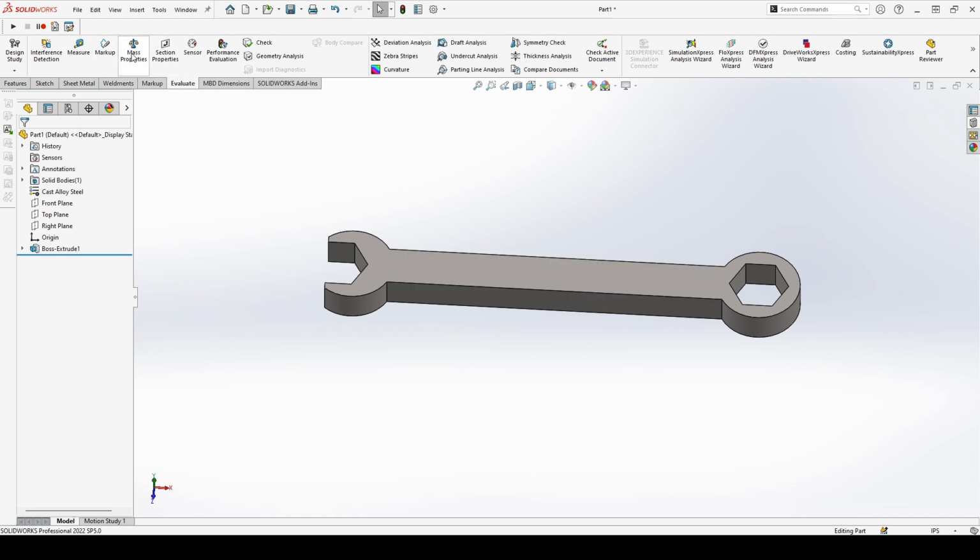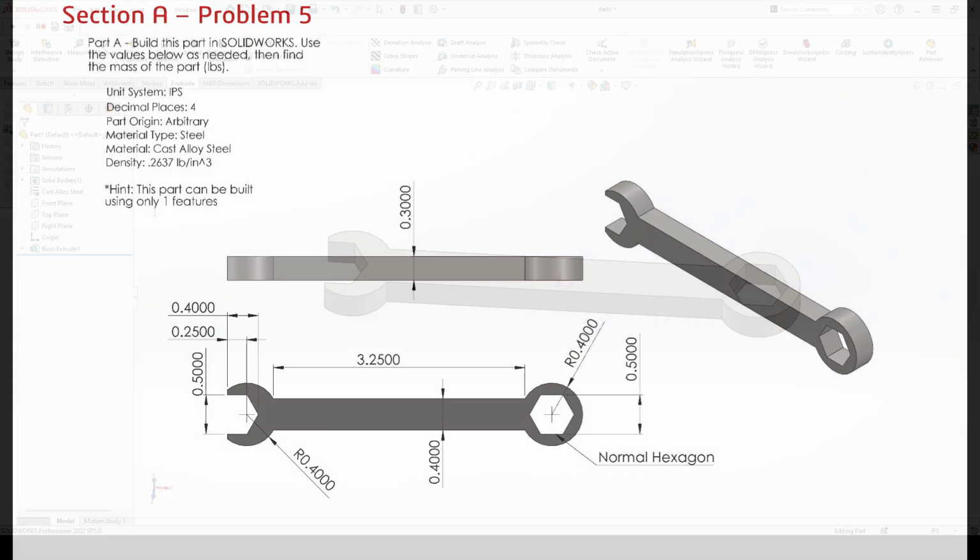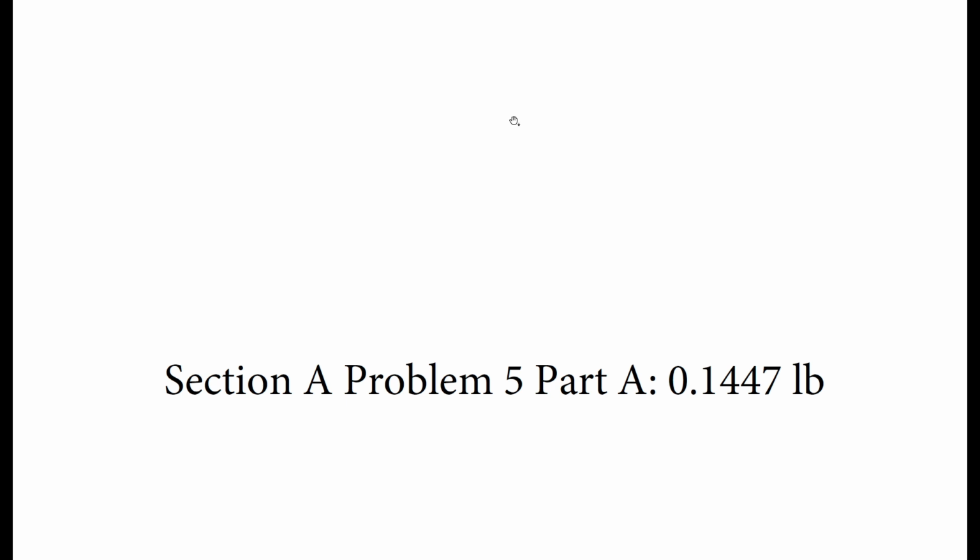And finally, let's check out our mass properties. We need to change our decimal places. We'll take that up to 4, hit OK. So that gives us a mass of 0.1448 pounds. So heading back over to our PDF,